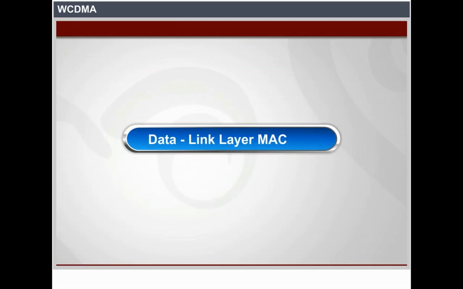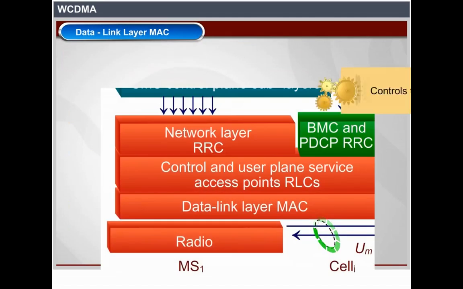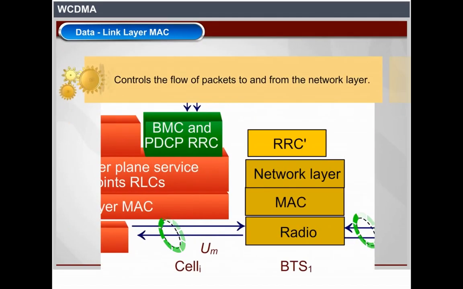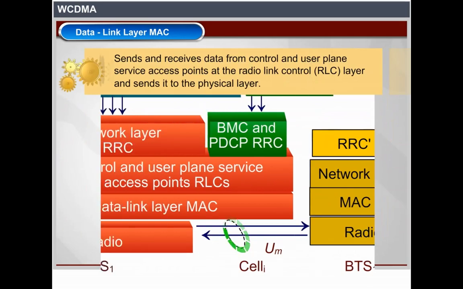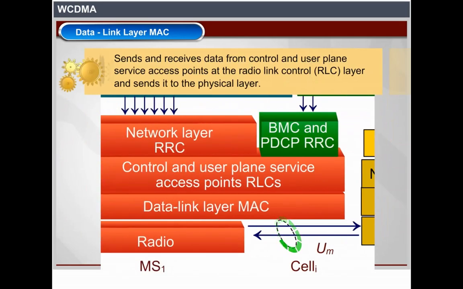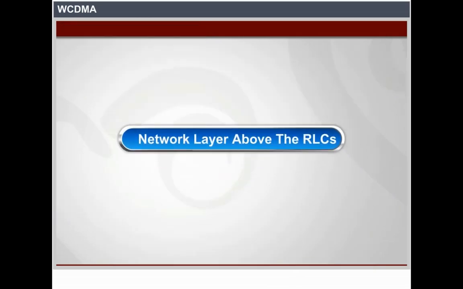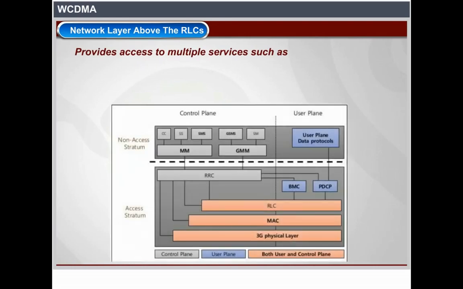Data link layer, MAC. Controls the flow of packets to and from the network layer. Ciphering function. Sends and receives data from control and user plane service access points at the radio link control, RLC, layer and sends it to the physical layer. Network layer above the RLCs. Provides access to multiple services such as